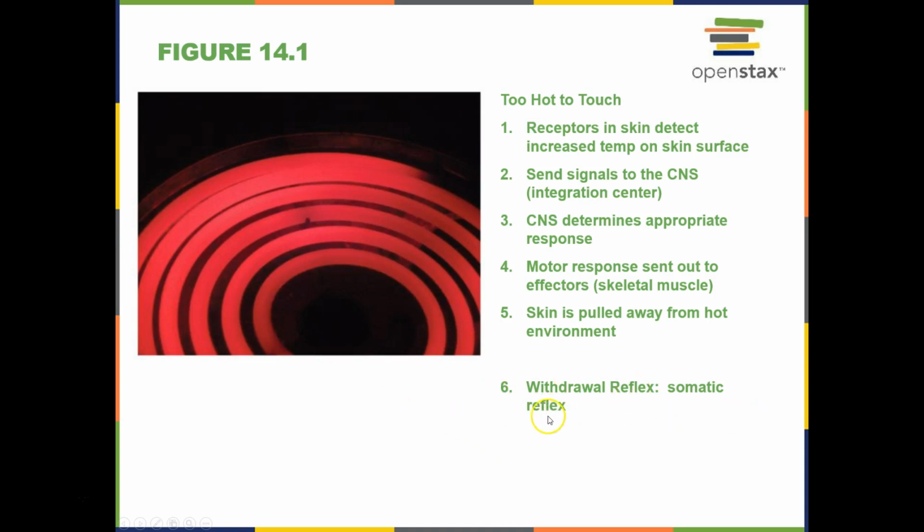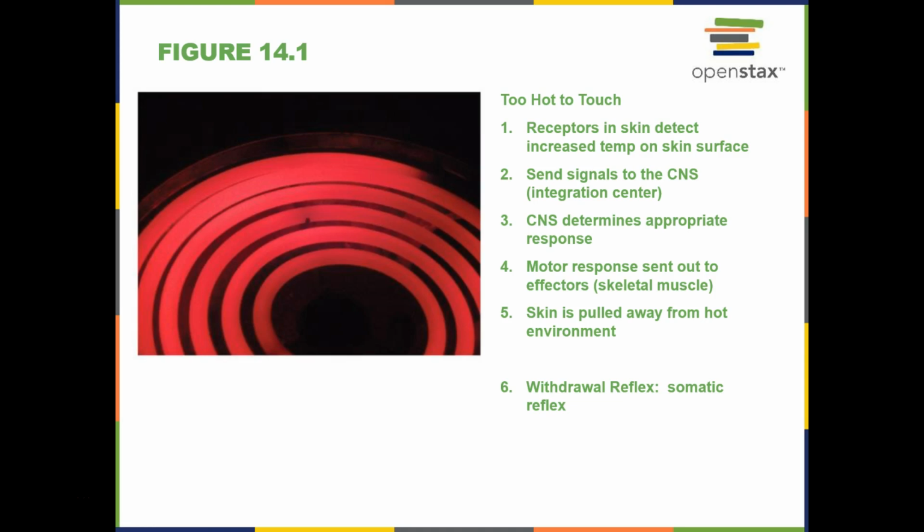This is a somatic reflex. The figure was named too hot to touch. So what happens here, and this is just an example of what is going on continuously in our brain, is receptors in the skin detect a change, in this case in temperature. So when you touch something that's really hot, immediately a signal is going to be sent to the CNS, to the integration center, and the CNS is going to then determine what response needs to